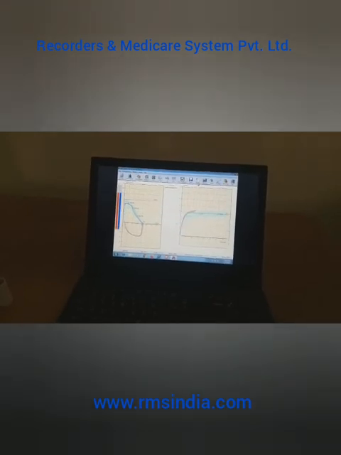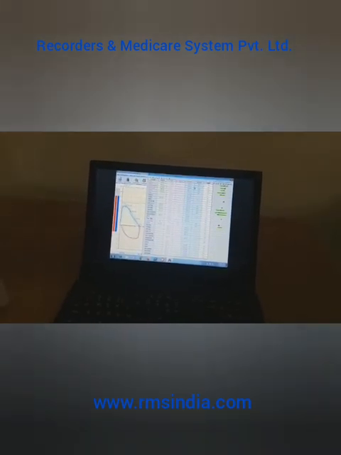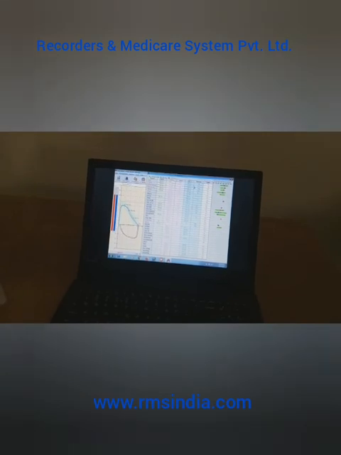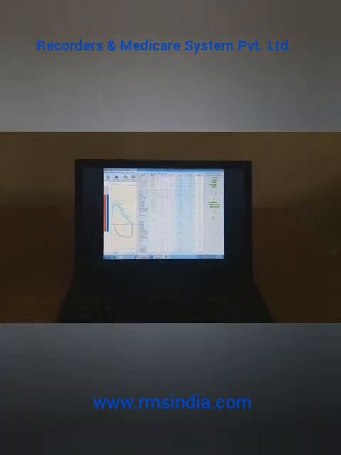if we want to see the results, we will click on results and we can see the pre and post test results here. There are various parameters which we can further interpret, or the doctor can interpret, and with the help of which the patient's lung health can be interpreted. So this was the result section, and this is the print section.